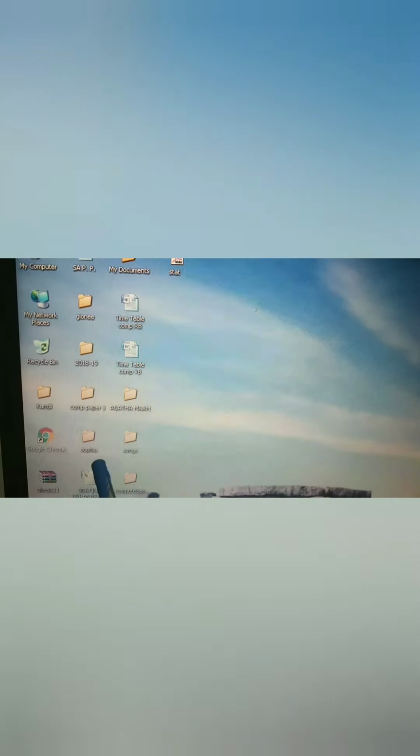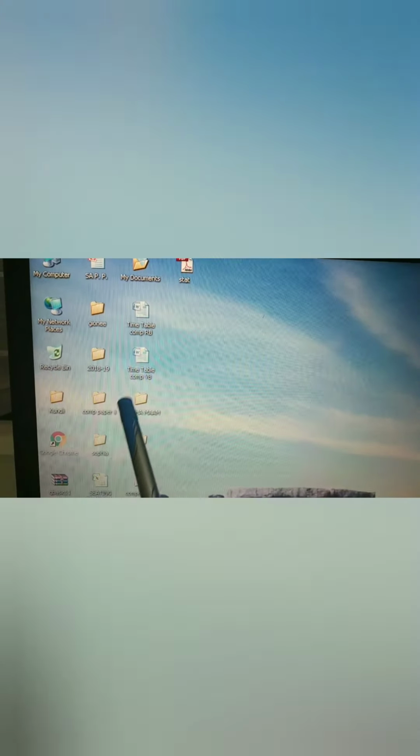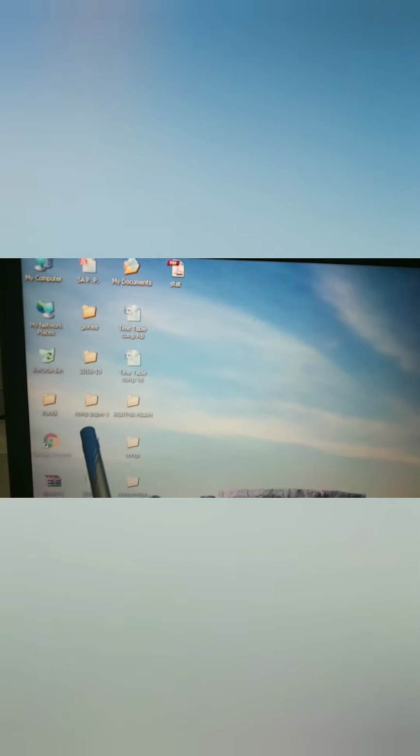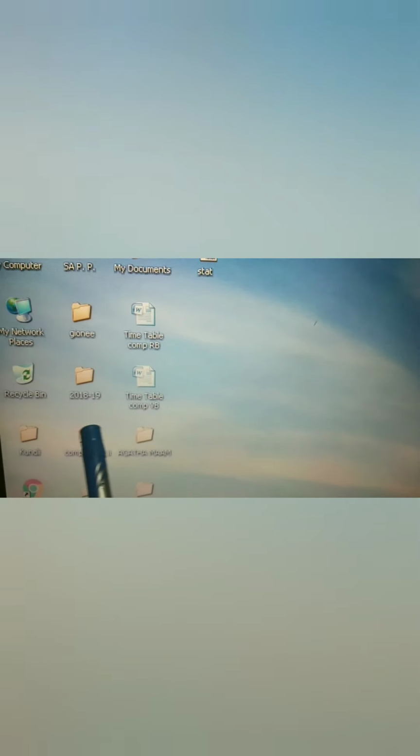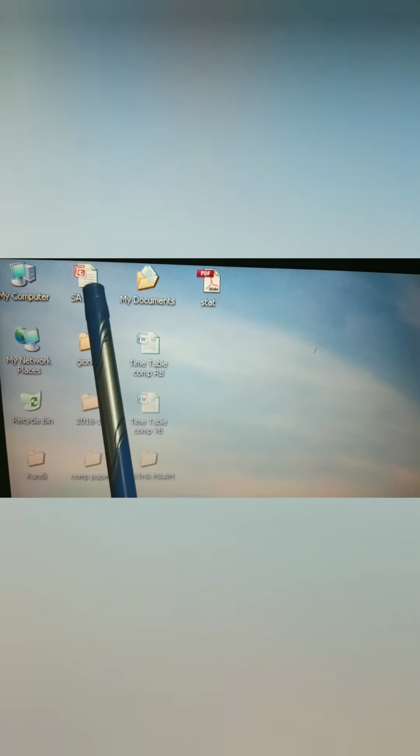Icons. Icons are the small pictures or symbols that appear on the desktop. Icons represent a file. As you can see here, these are the files. These are the folders. There are icons of files, icons of folders and icons of programs as well.